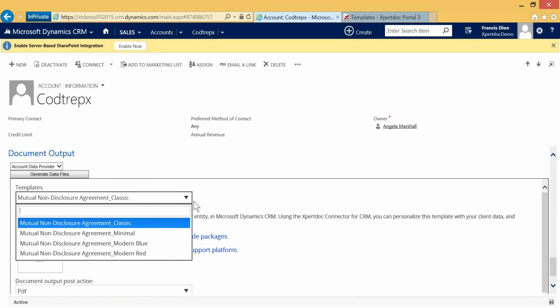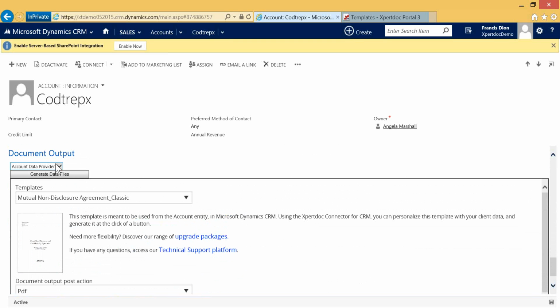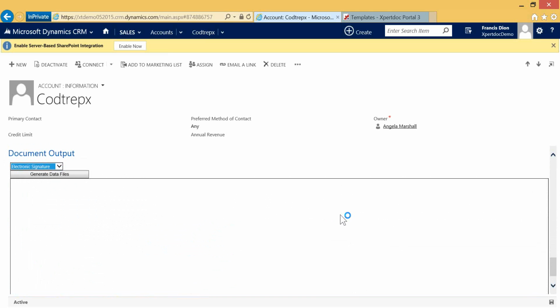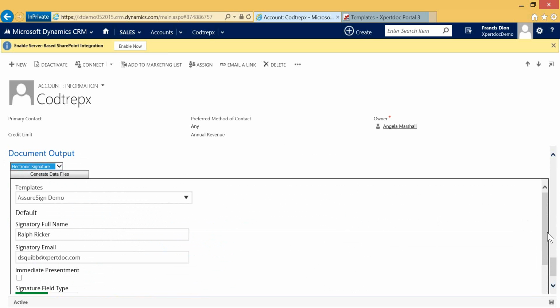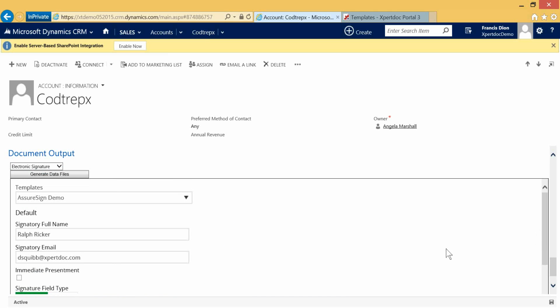So you see here, this is actually an interesting scenario. These are the out-of-the-box templates that come in the context of an account. These are non-disclosure agreements. But you see here that I can actually have another list of templates, and these would be based on the security configuration, that some people in your organization may have access to some documents or sub-templates, and others might not. So here, what I'm going to do,